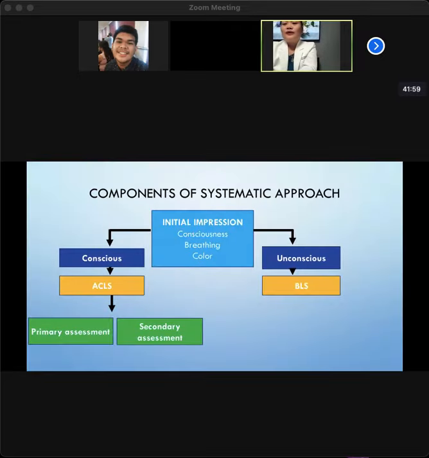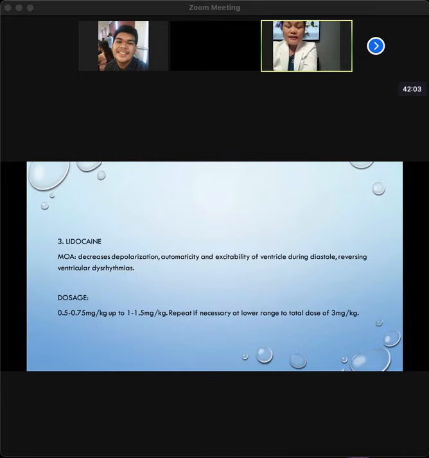So, tapos na tayo sa medications during resuscitation. Naintindihan ba? Did you understand, class? Yes po. Okay. To summarize it all, for you to understand it more, I will just review you about